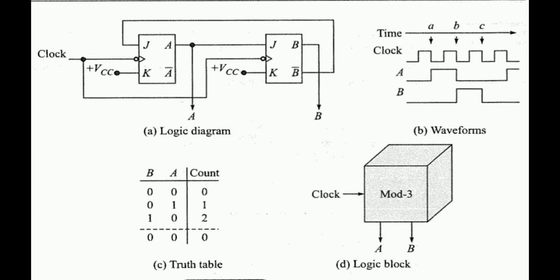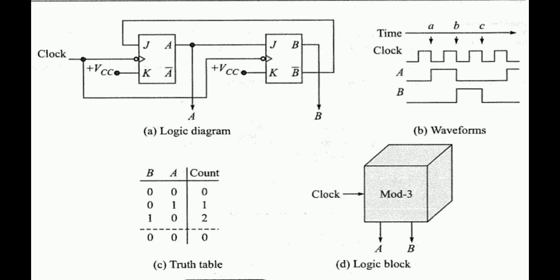And second thing, at point B on the same timeline, where A is equal to 1 and B is equal to 0, a negative clock transition at B will also cause two things. First, A toggles to 0 since its J and K inputs are high, and second, B toggles to 1 since its J and K inputs are high.